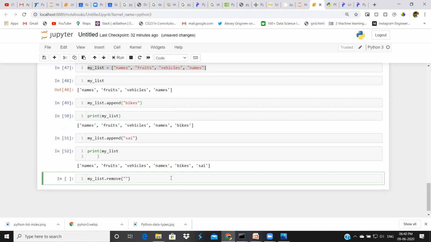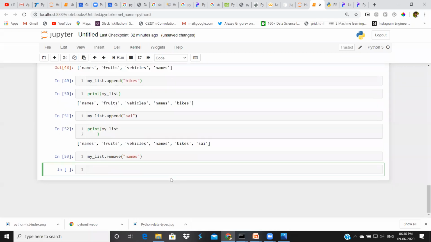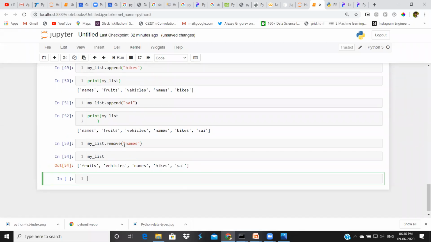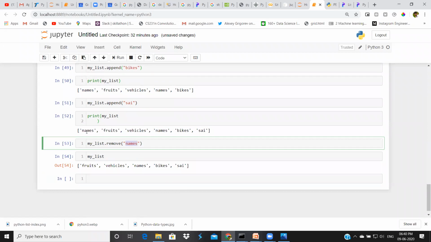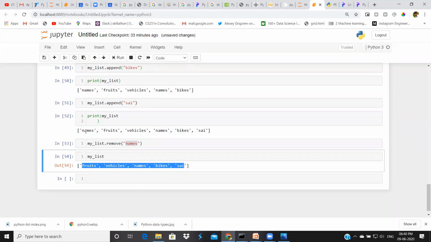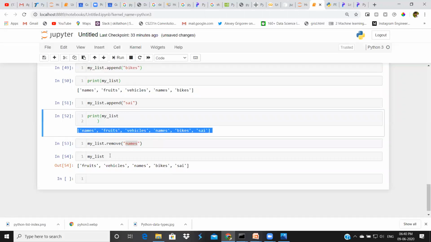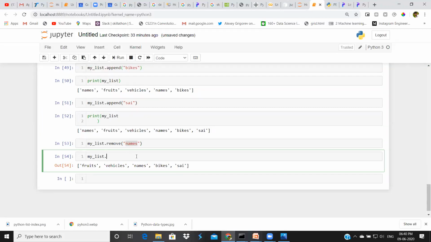For suppose if I want to remove any element from my list, my list dot remove is the code to remove an item from the list. Yeah, I removed names from my list. Now I don't have names. The first names is removed from my list. And we have pop as well. We can use pop also.